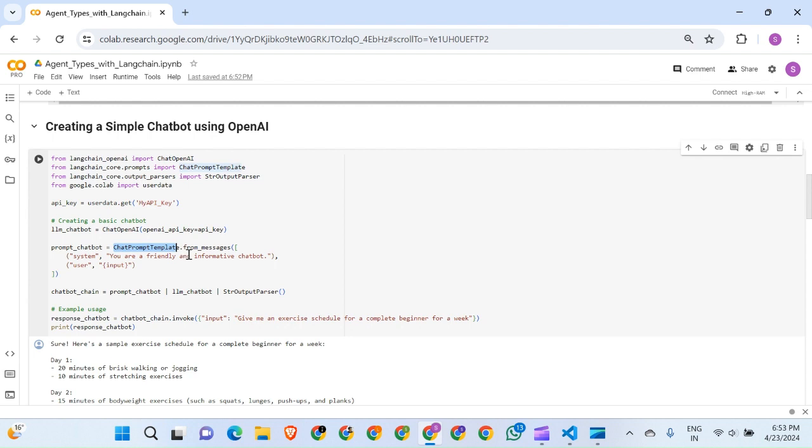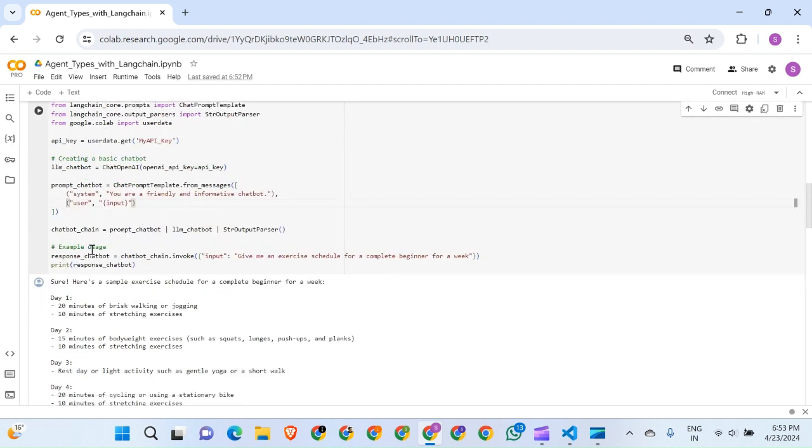chat prompt template. So this template dictates that our chatbot always starts with friendly conversation, like you see here. Sure, here is a sample exercise scheduled for a complete beginner for a week, and then it proceeds with answering our prompt. So for example, if I prompt this chatbot with give me an exercise schedule for a complete beginner